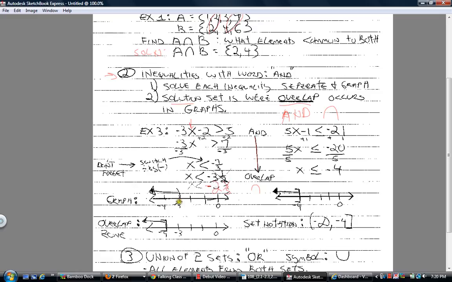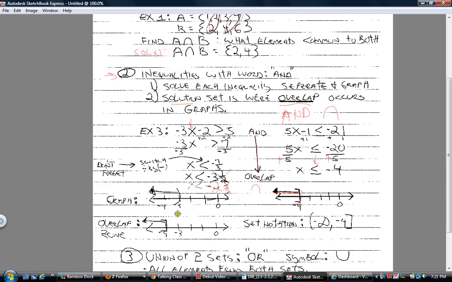If you go graph it, you can kind of see, you find negative 2 1/3, and you're going less than, you're going this way. And now you turn around and take the other inequality, solve for x, add 1 to both sides to isolate the 5x, divide by 5 on both sides. Hey, it's a positive, so we leave the inequality alone. Don't forget the warning, if you divide by a negative, then you must switch the inequality sign, but we do not do it here. So we find all of x such that x is less than or equal to negative 4. We're going less than, we put the brackets,